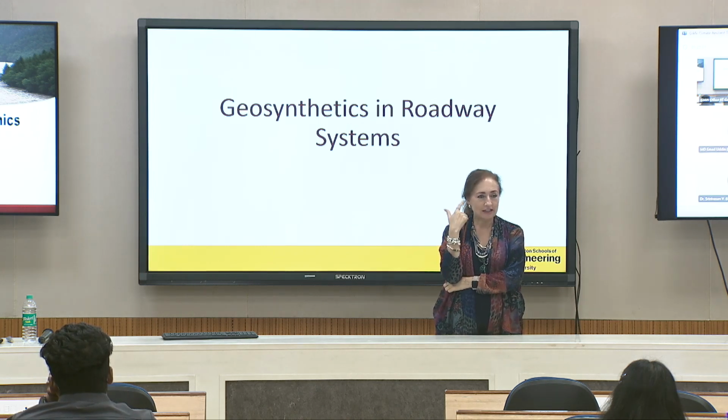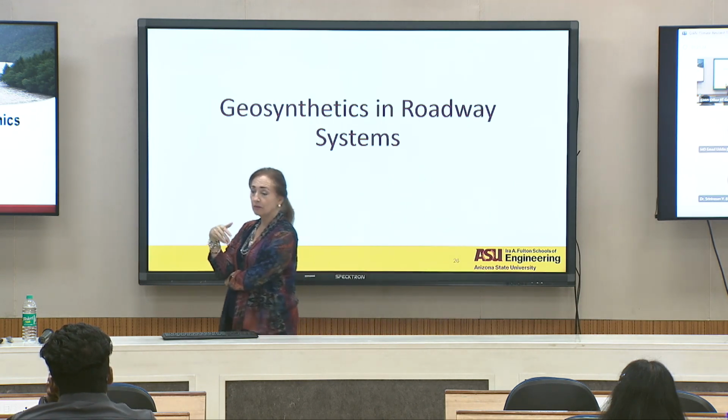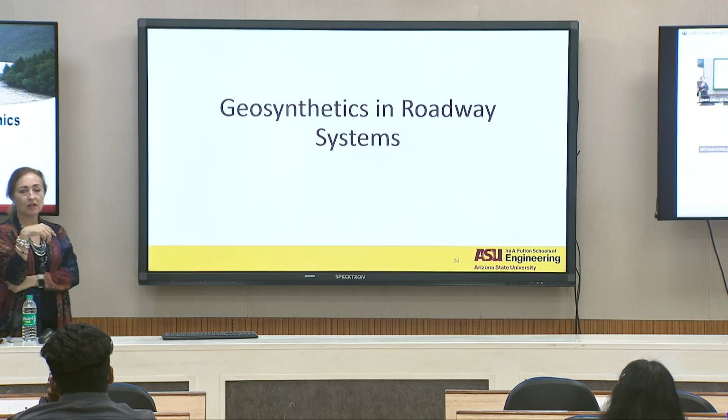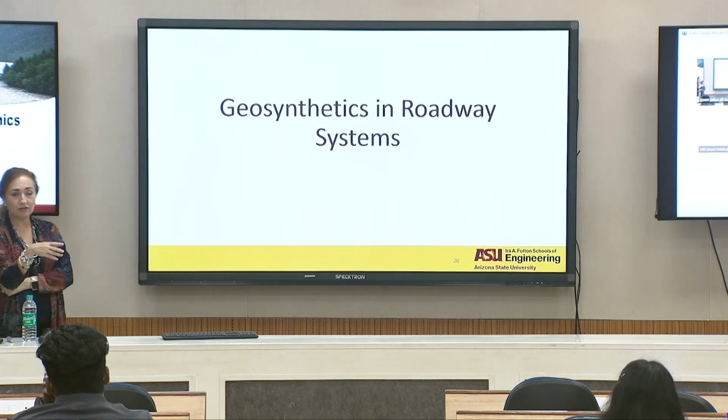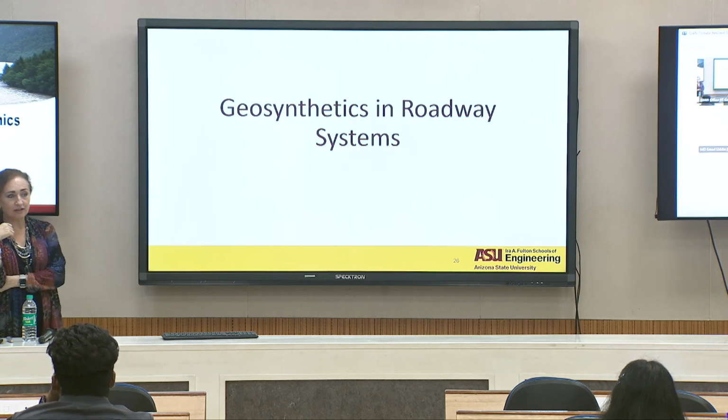I just don't find one, and I'm trying to figure out if I know of any of them. I'm very sure they're available because this is a very common practice. But for the latest models, we're using resilient modulus, right? More than the strength parameter that we used to use before. And you know the reason now, right? Because the strength parameter is only a function of your octahedral stress,